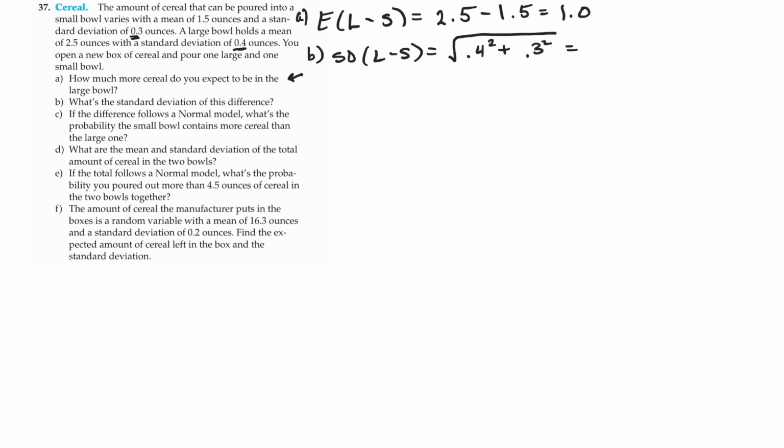Multiply or add those together, take the square root, and you're going to end up with 0.5 as my standard deviation. Okay. In part C, and this is where it gets interesting, if the difference follows a normal model, pause. That means that this is something I'm going to need. I'm going to need a normal model. That also means I'm probably going to be using normalcdf, right? So